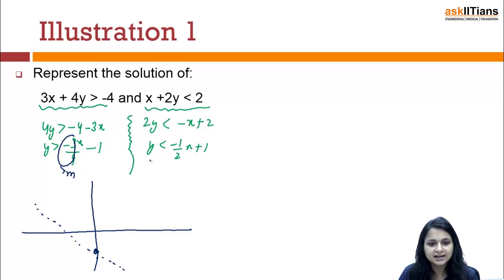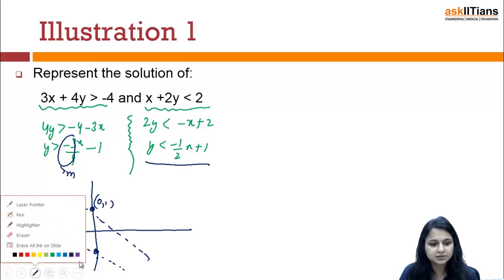The next one, y less than minus half x plus 1. So here the intercept is 1. So it is positive, 0 comma 1. And the slope is again negative. So it would be a graph like this. Again dotted form. Y greater than in the first case,